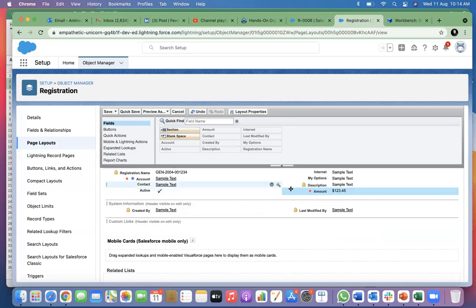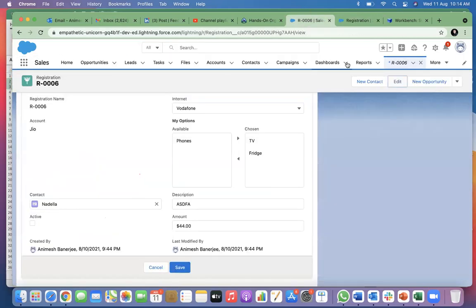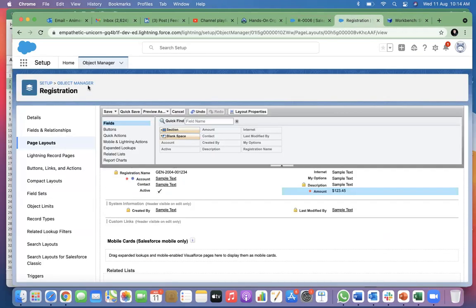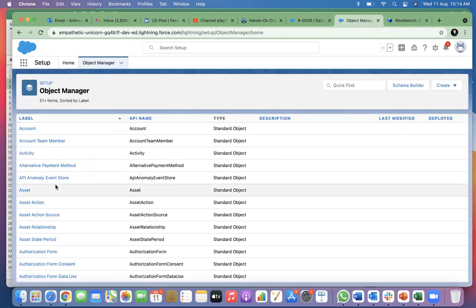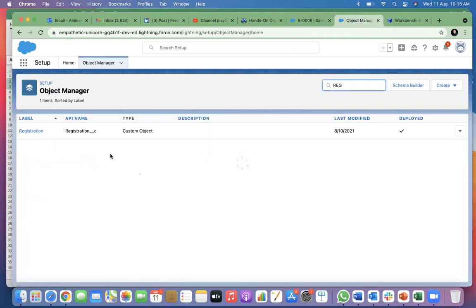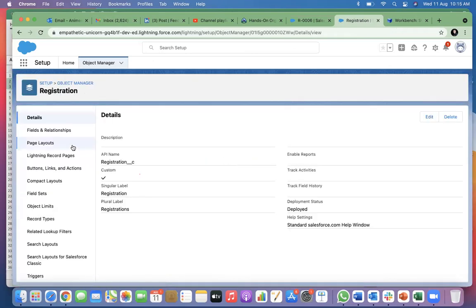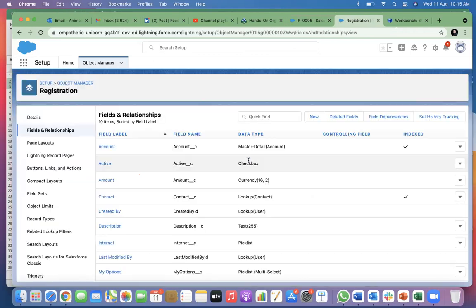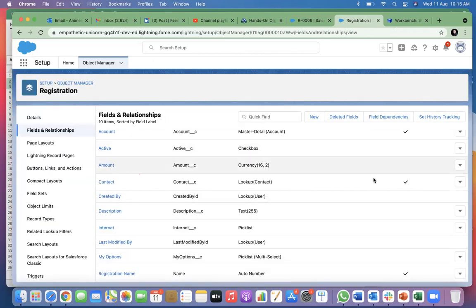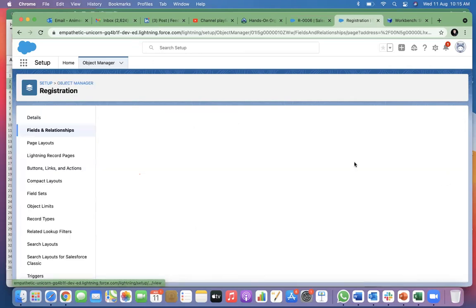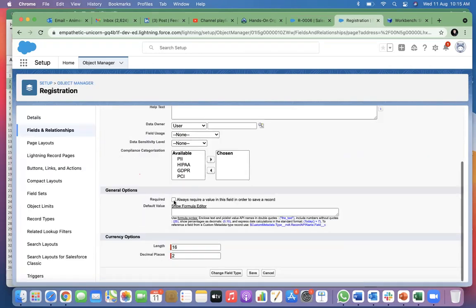So you can make this field mandatory at page layout level, and you can make this field mandatory at the object level also. If you go to registration, here you can make the amount field mandatory. Here also, you can make it required. What is the difference between making it mandatory at the field level and making it mandatory at the page level?